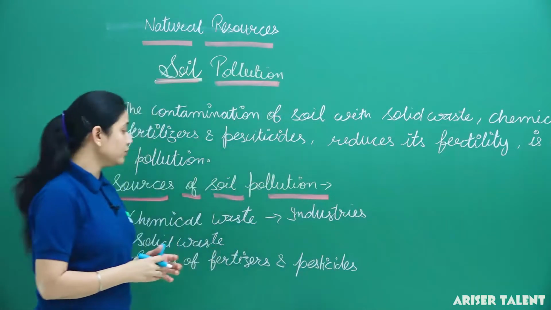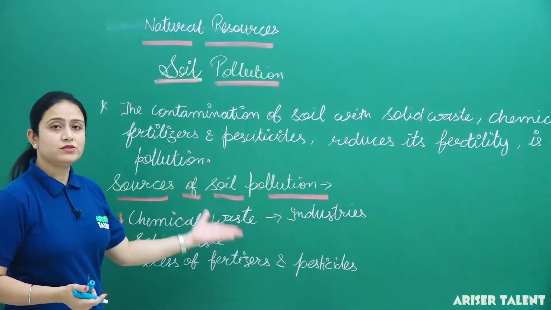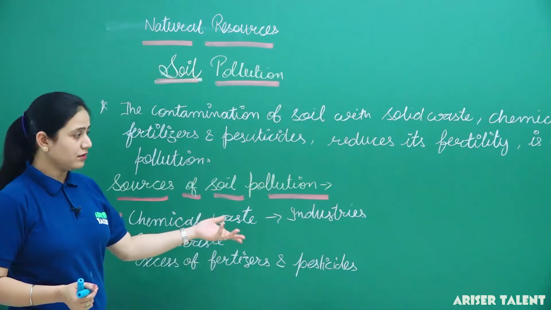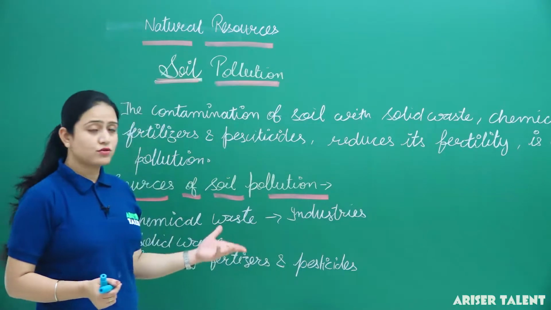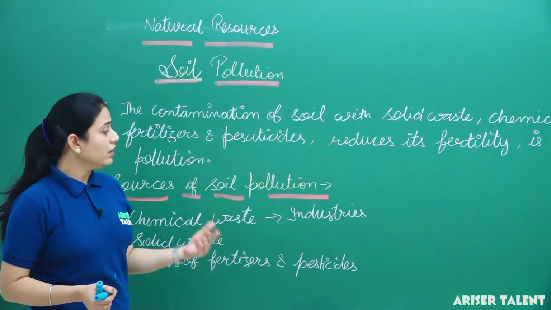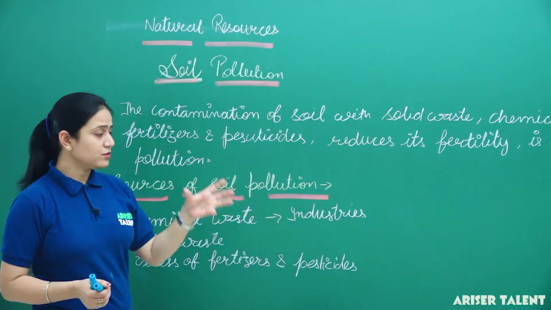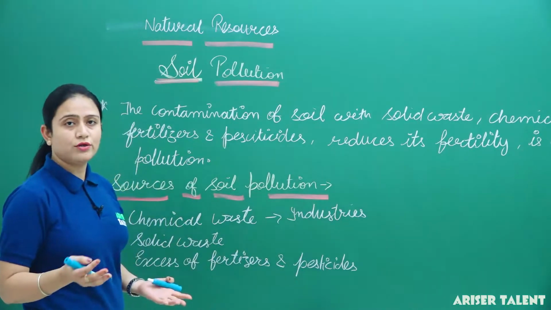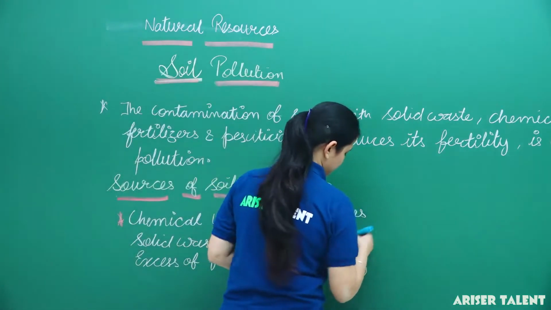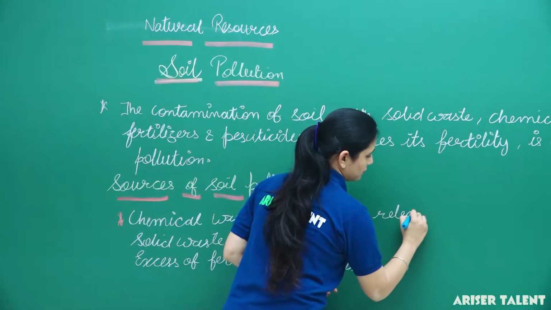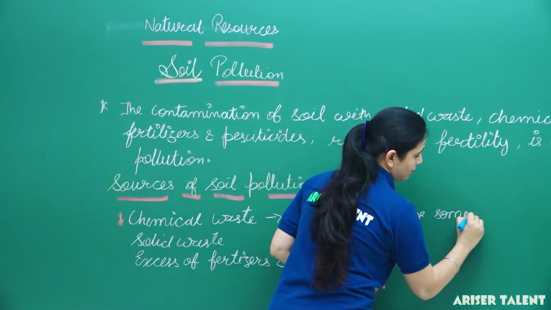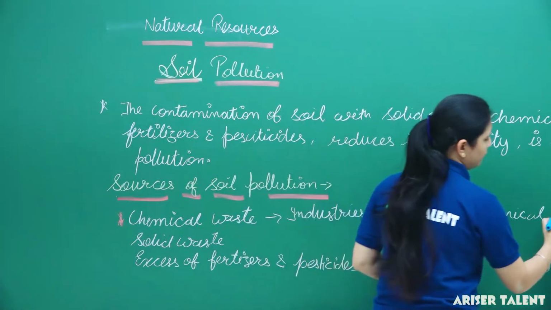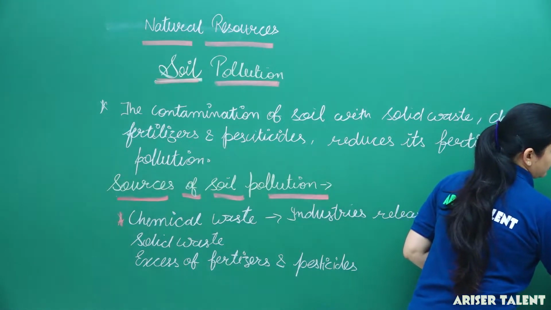When industries produce harmful chemicals and when we throw this waste on the soil, generally we throw this waste on the roadside of the railway tracks, vacant sides of the road, and then this chemical pollutes the soil, okay, and makes it barren. Thus, we can say that industries release some chemical waste. It pollutes